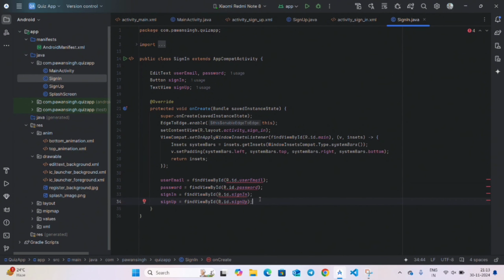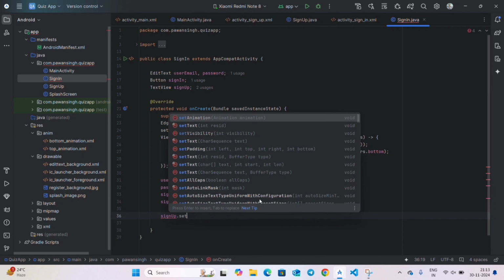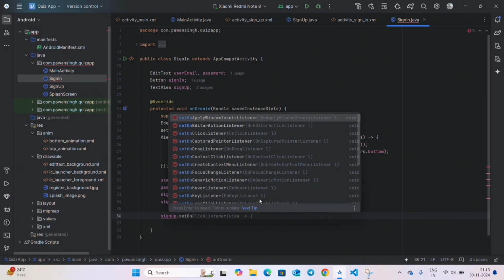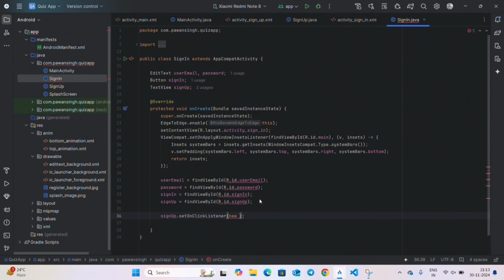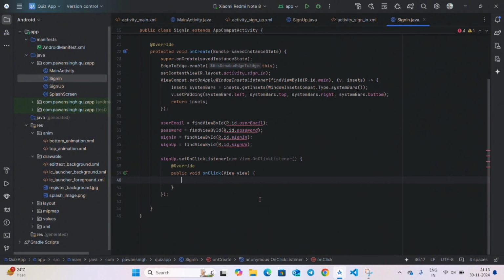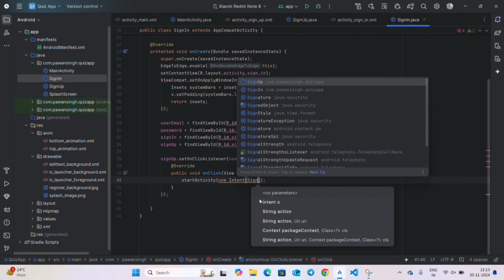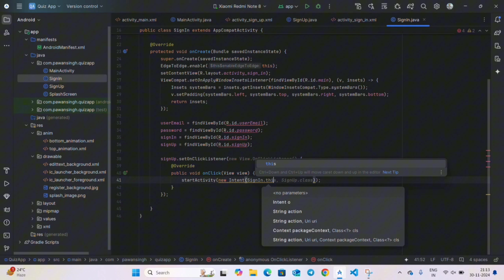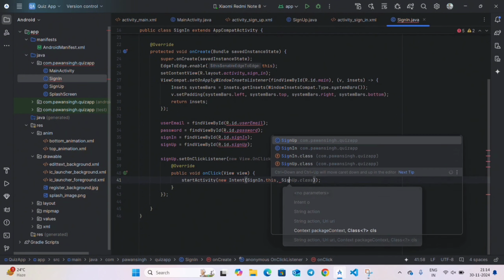So when the user clicks on the sign up button or sign up text, we will move from the sign in screen to the sign up screen. For this we will use a click listener. Below this declaration, write here signUp.setOnClickListener, new View.OnClickListener. This will create an override function onClick. Write here startActivity, new Intent, from SignIn.this to SignUp.class,